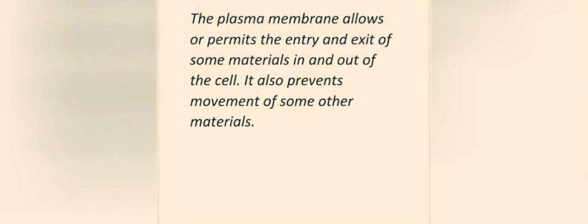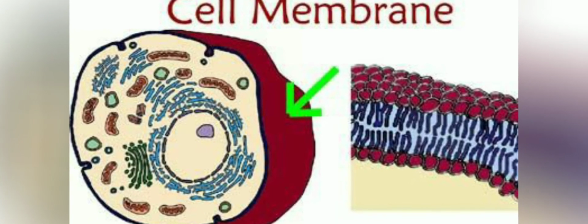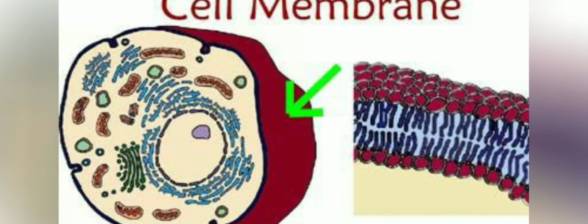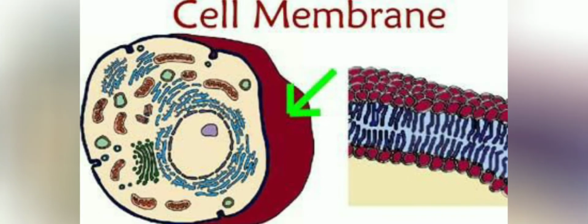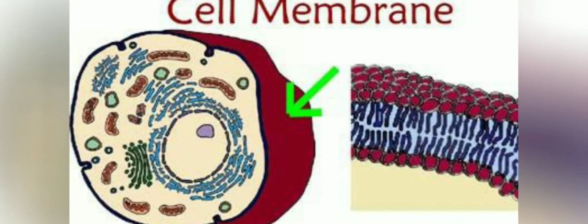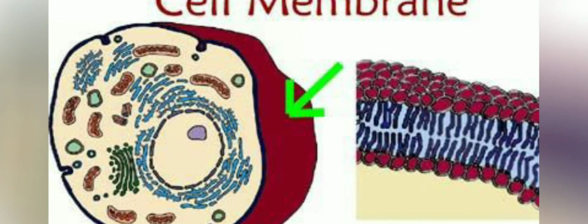Okay. And how does the movement of these substances take place into the cell? How do the substances move out of the cell? These are some questions. So let us see. Some substances like carbon dioxide or oxygen can move across the cell membrane by a process called diffusion. Okay. And diffusion is the spontaneous movement of a substance from a region of high concentration to a region where its concentration is low.